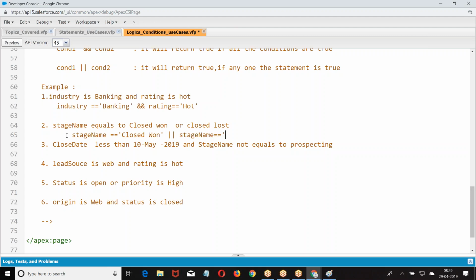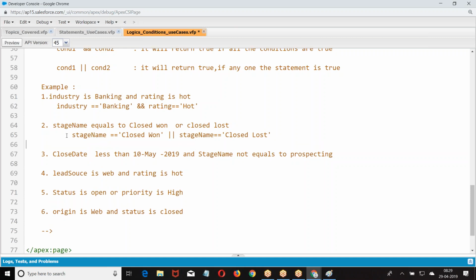Stage name equal to closed one, or stage name equal to closed last.